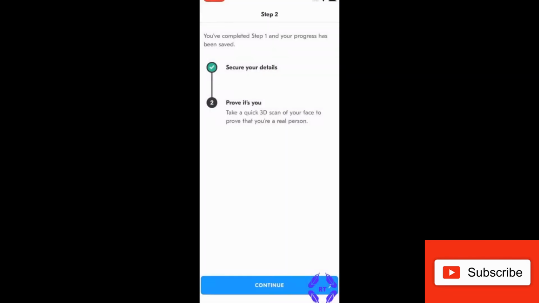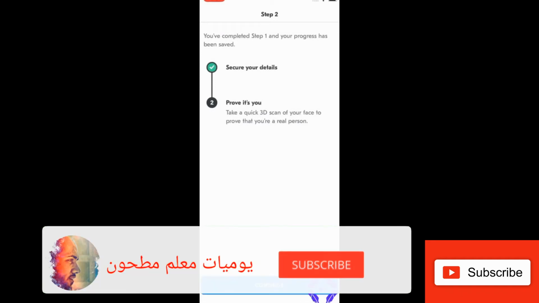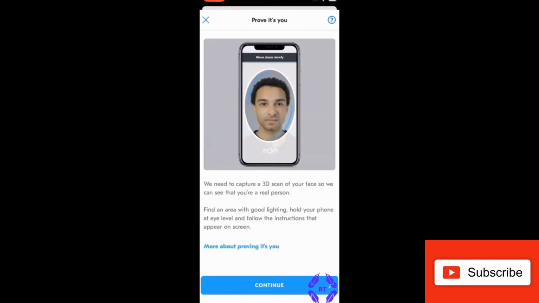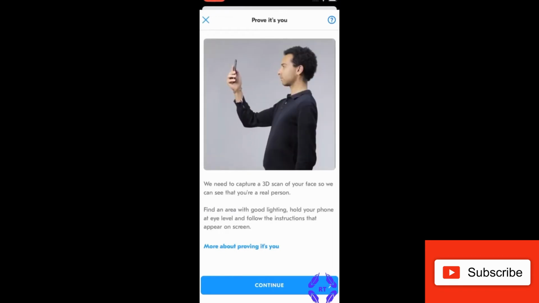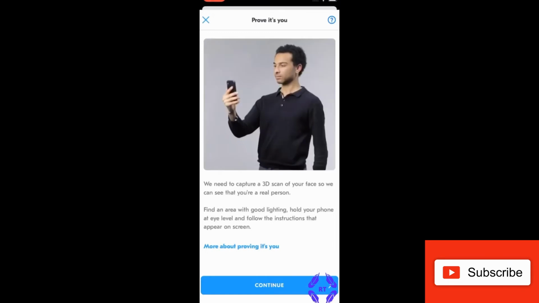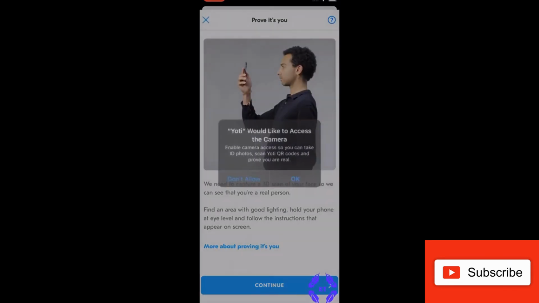And now they'll take your 3D scan, which is basically they'll scan your face using the photo. So they'll show clear details on how to give that photo. Make sure you have sufficient lighting. Click on continue.